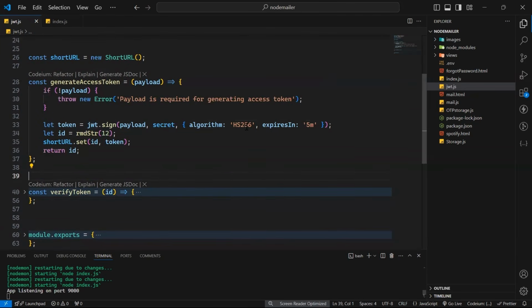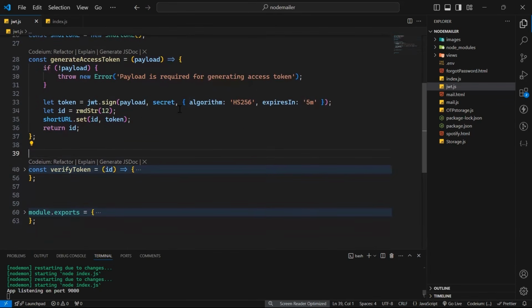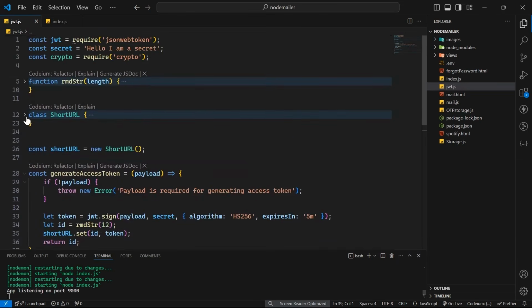बट ये काफ़ी ठीक है, तो ये यूज़ कर रहा हूँ। और एक्सपायरिंग टाइम मैं 5 मिनट रख रहा हूँ। तो आप कुछ भी डाल सकते हो, 5 मिनट, 5 डे, कुछ भी, ठीक है। बट मैं चाहता हूँ ये जो लिंक है 5 मिनट में एक्सपायर हो जाए, ठीक है, 5 मिनट में। उसके बाद मैं क्या कर रहा हूँ, शॉर्ट URL सेट कर रहा हूँ।